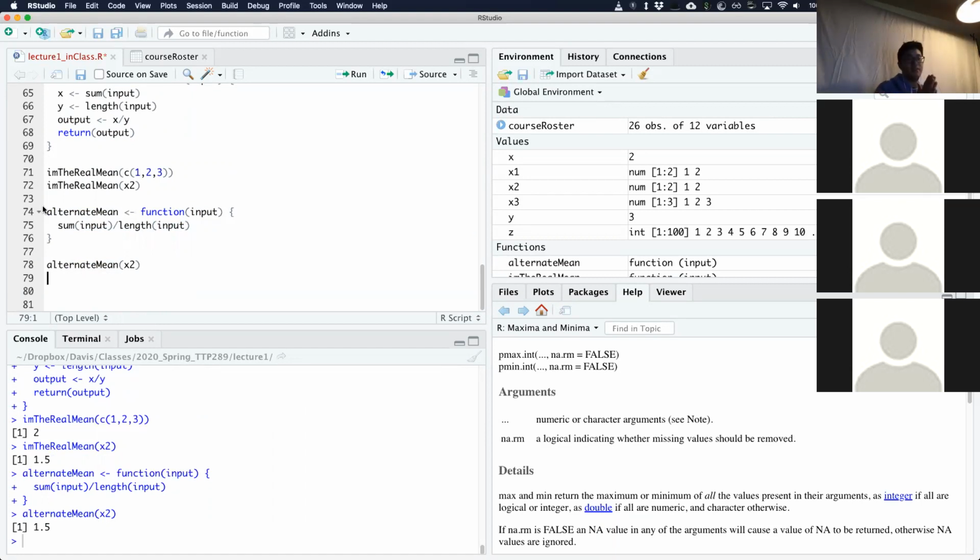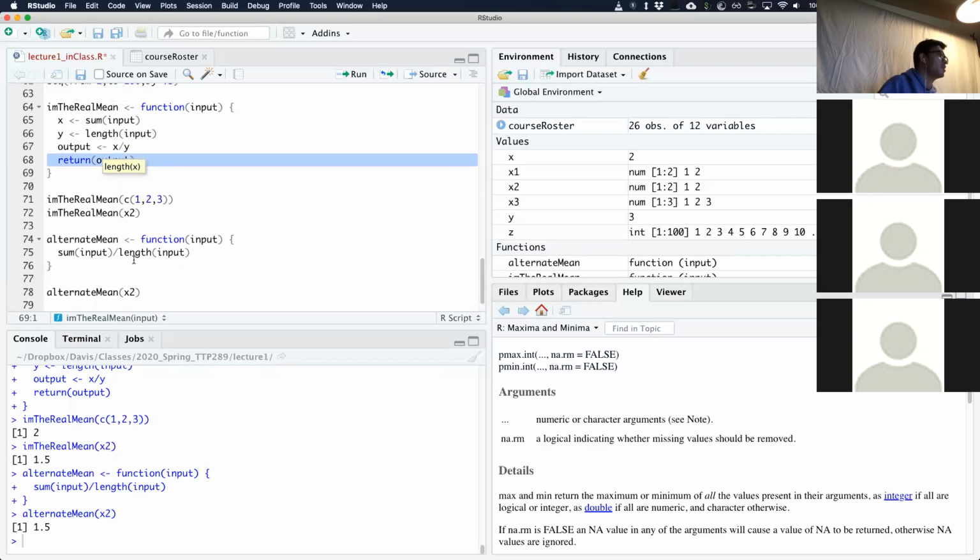Even though I don't have a return, I will generally advise that you do have this, because it never hurts to do it. It's never really going to slow you down, and it's generally good practice, right? I mean, this is shorter and more concise, yeah, but it has the potential to be harder to read. So we want to go with sort of best practices. Okay, so let's do,